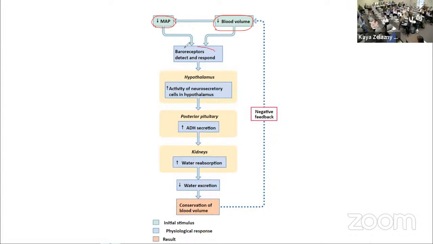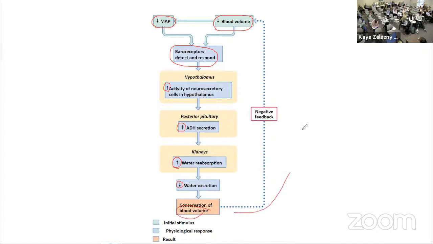So our baroreceptors are pressure sensors, essentially. They detect and respond, and then they go tell the hypothalamus. So the hypothalamus says, okay, we don't have enough blood, our pressure's dropping. Let's keep as much water in our blood as we can. So this part is the same. So we're going to increase the activity of those cells in the hypothalamus, which increases how much ADH they secrete, which tells the kidneys, okay, make that aquaporin 2 so we can reabsorb more water. We're not getting rid of our water anymore, not excreting it. And we're keeping as much water in the blood as we can